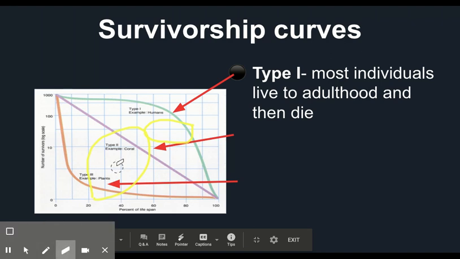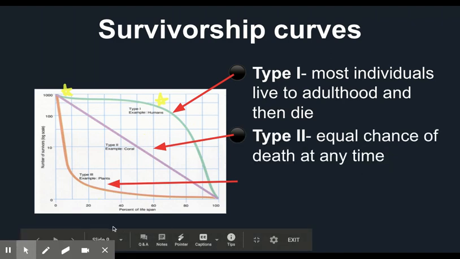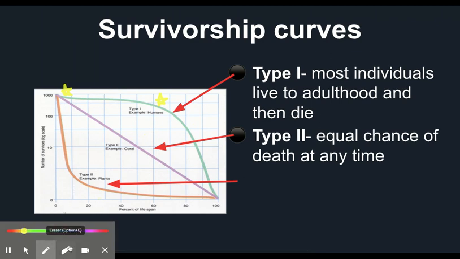All right, survivorship curves. The first one we're going to look at is most individuals live to adulthood and then die. So at the very top, you're going to see a really high birth rate, and then survivorship continues to stay pretty strong until they get to around the middle of that curve, and then they start to decrease because populations die. Yes. And it's the opposite on type 2, which is equal chance of death at any time. So what you're going to see is a lower rate of